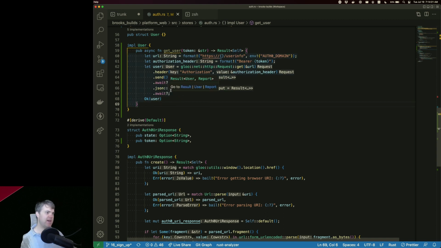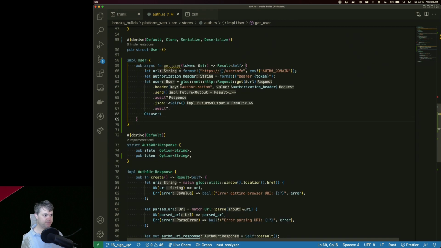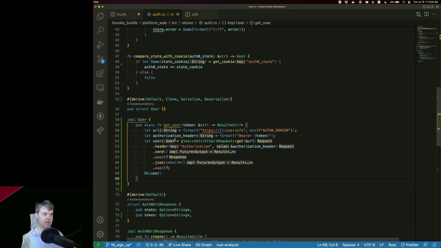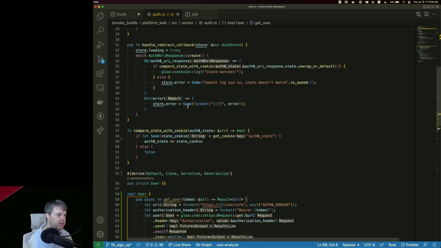So I can question mark that, but it's not compatible with the user. So I'll just put that into a variable and then return it with an OK wrapped around it. So that gives me a get user. Then inside of here,